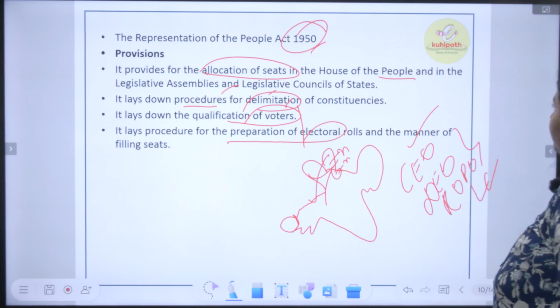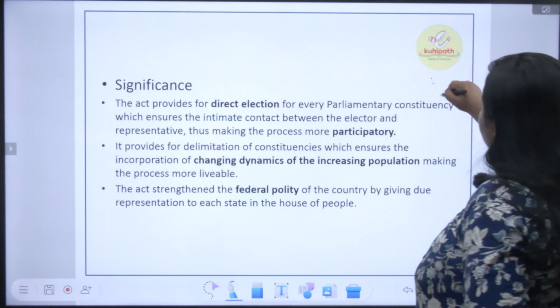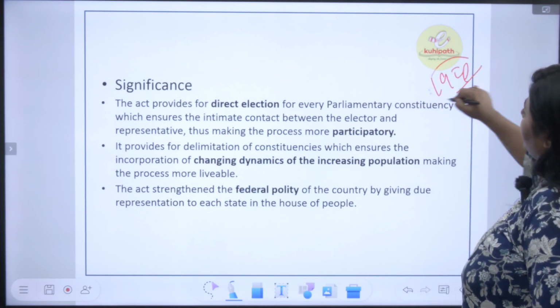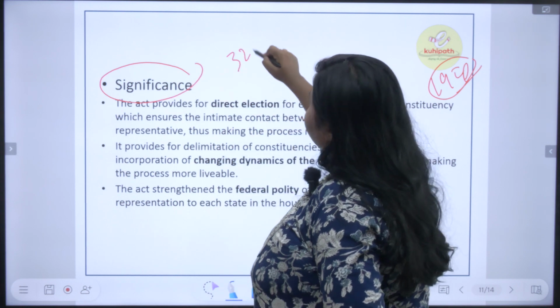Act 1950. Fine. Now, I have added a part, significance, under this Representation of People's Act 1950. If you want, you can write this significance as a whole for 326